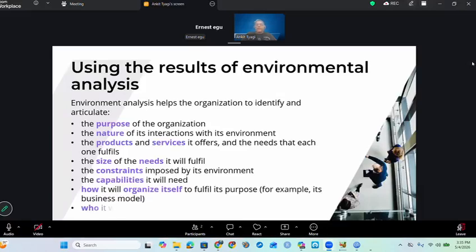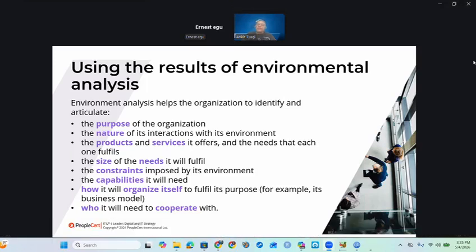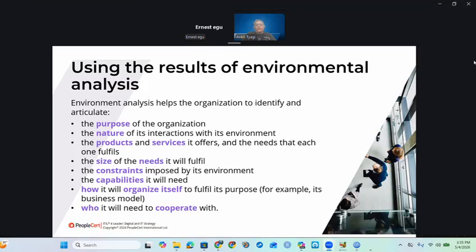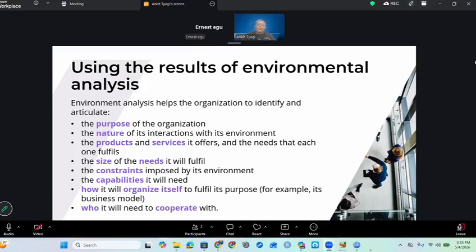Then using the result of environmental analysis, when we go ahead and analyze both the internal and the external environment, what results do we get and how do we use them? Environmental analysis helps the organization to identify and articulate the purpose of the organization, the nature of its interaction with its environment, the products and services it offers, and the needs that each one fulfills,